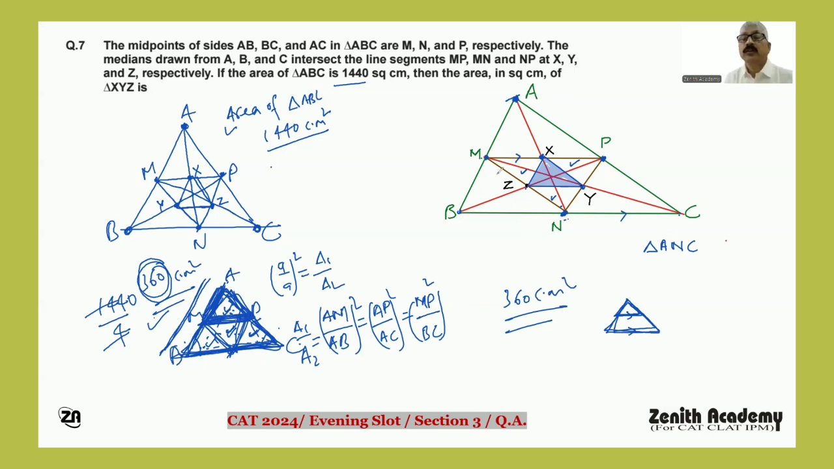360 सेंटीमीटर स्क्वायर ईच। इन चारों का एरिया कितना था? 360 स्क्वायर सेंटीमीटर ईच था। तो अगर आप 360 को चार पार्ट में डिवाइड कर दीजिए, तो कितना हो जाएगा? 90, 90, 90, 90। सो डायरेक्ट आप आंसर दे सकते हो